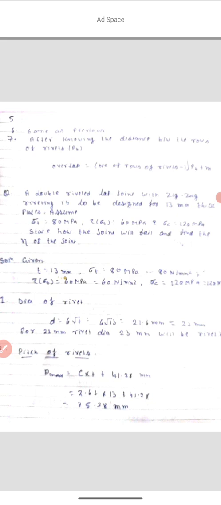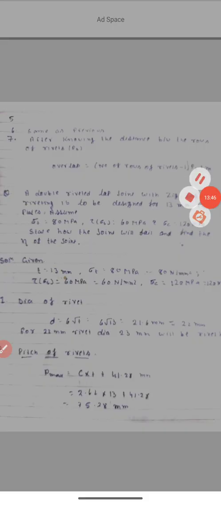So for the next video you have to keep pen, paper and calculator with you, and more importantly the data book. I am already sending you the link for the V Bhandari data book. You may use the V Bhandari data book or the Sadhu Singh, whatever you like. Okay, we will try to get the values from the data book also.